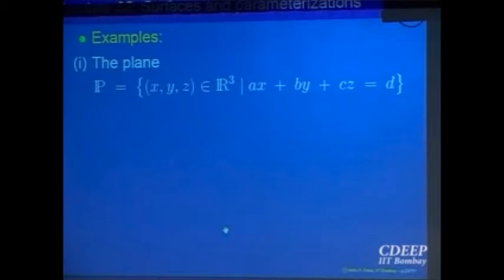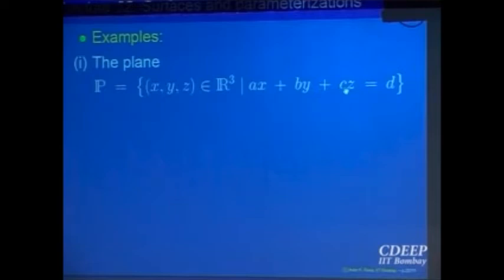So geometrically it is described as ax plus by plus cz is equal to d. I want to give a parameterization to this. That means I want to describe it in terms of functions of two variables, as the image of a function of two variables, right? So this is a relation between three variables. So any two of them you can determine in terms of a third one, right? So depending on whether A is 0, B is 0, C is 0, whichever case may be, you can write,